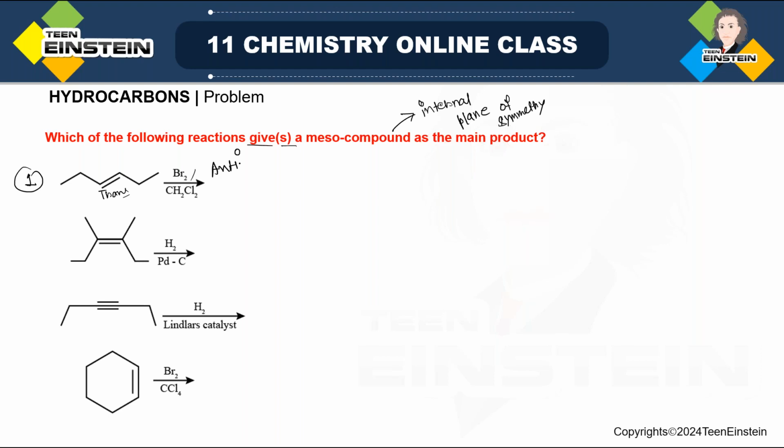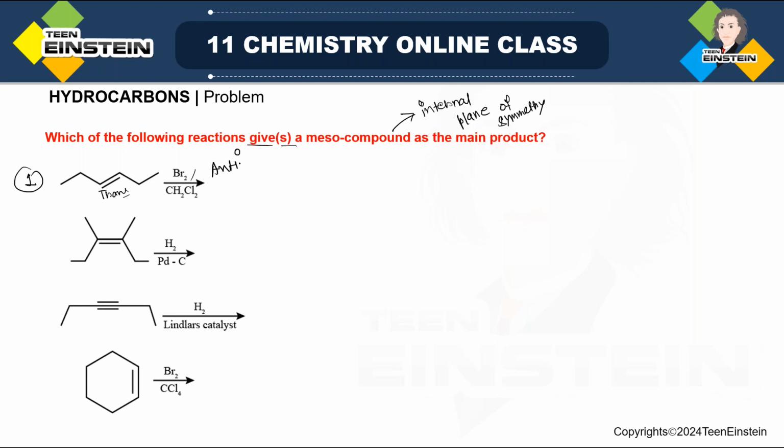This type of thing I have already discussed before. Again, I am saying this because we are solving this problem. So if you are having any doubt, just go back to that section where the chemical properties of alkenes are discussed, that is the bromine addition to CC double bond. There it is clearly mentioned it is anti-addition, and when it is trans compound as a substrate you have taken, it is already trans, that is something anti, and your addition is also anti. So if you remember it in this way, it will be helpful for you